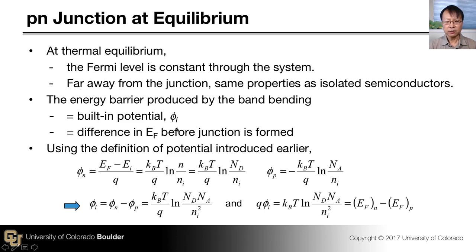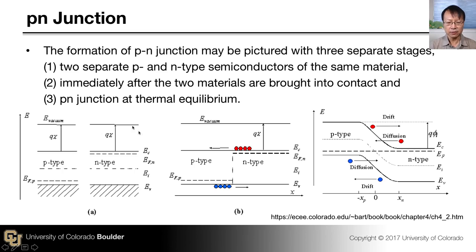And that potential difference is characterized by this quantity called the built-in potential, and we're going to call it phi sub i. And that energy is equal to the difference in Fermi level before forming the junction. If you look at the energy band diagram before forming the junction, the n-type Fermi level was here, and the p-type Fermi level was down here. And when you form a contact, as shown here, then